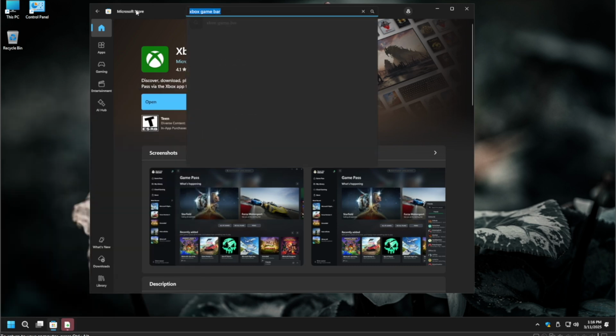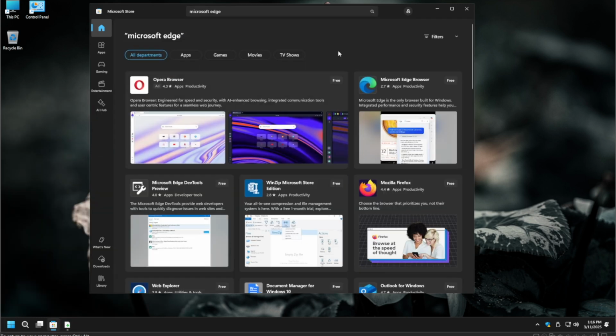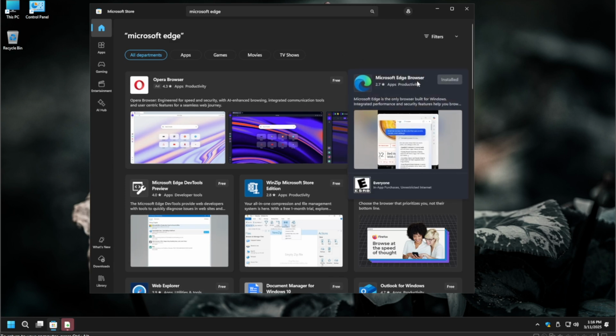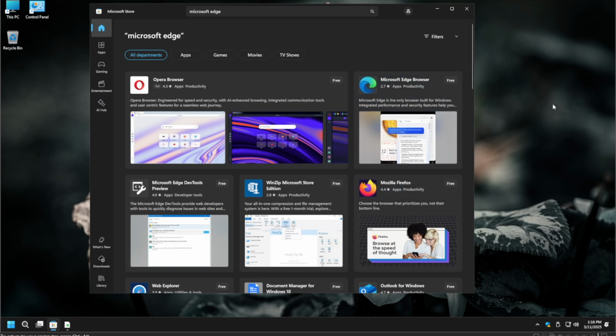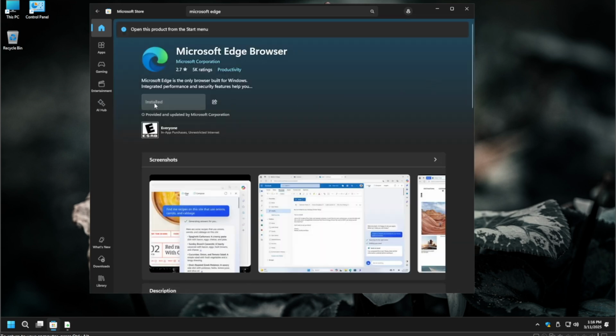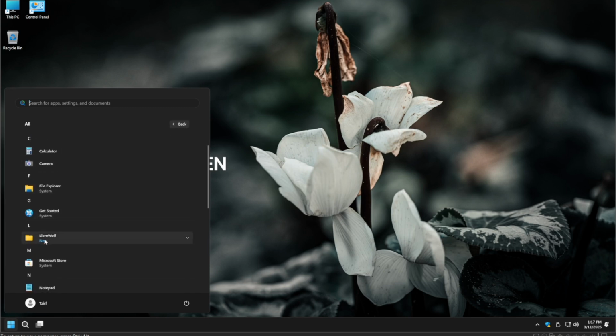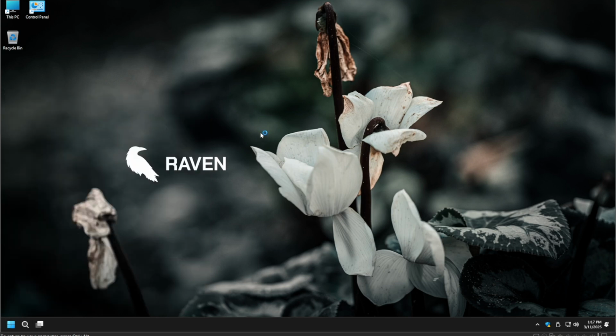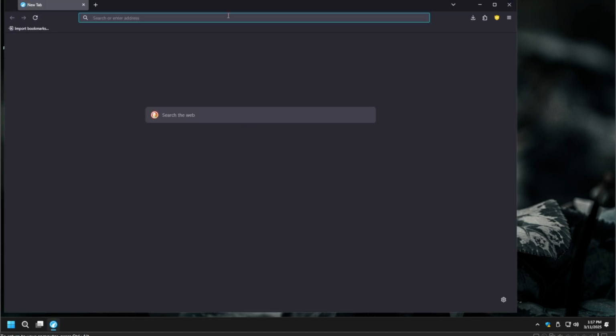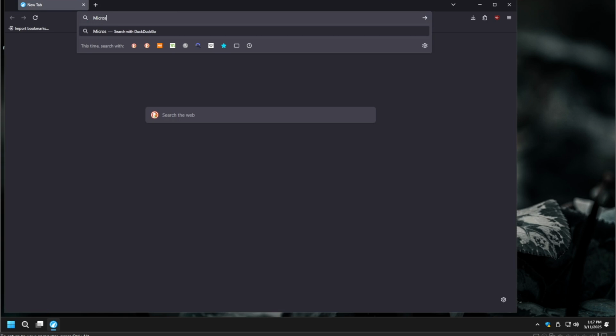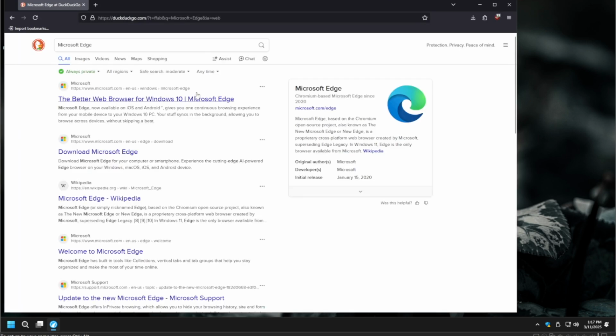So it's the same thing like if you like Microsoft Edge, even though you can select Microsoft Edge during the install process, let's say you don't and you decide you want it. Oh, maybe you can't put Edge back from the Microsoft Store. No, Edge isn't on here. Okay, so my guess is what we have to do to put Edge back on, and I'm just going to showcase this so that people out there that are interested, they don't have to search elsewhere for it. I'm willing to bet that if we grab Microsoft Edge from